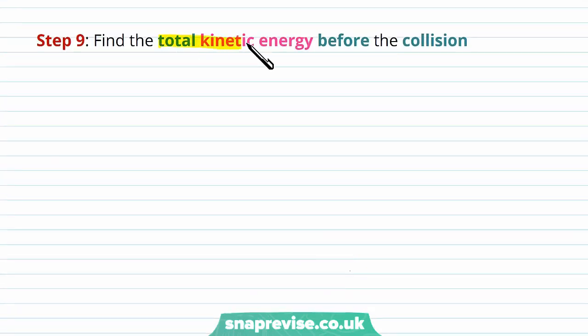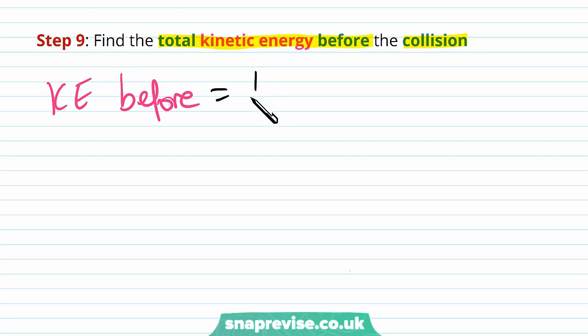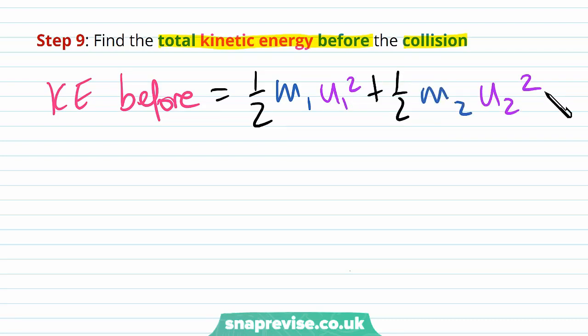Now we need to find the total kinetic energy before the collision. The kinetic energy before the collision is equal to the sum of the individual kinetic energies. So we've got a half times m1 u1 squared, that's the kinetic energy of one of the cars, plus a half times m2 u2 squared, which is the kinetic energy of the other car. And now we just need to substitute in our values to get the kinetic energy before. So we do a half times